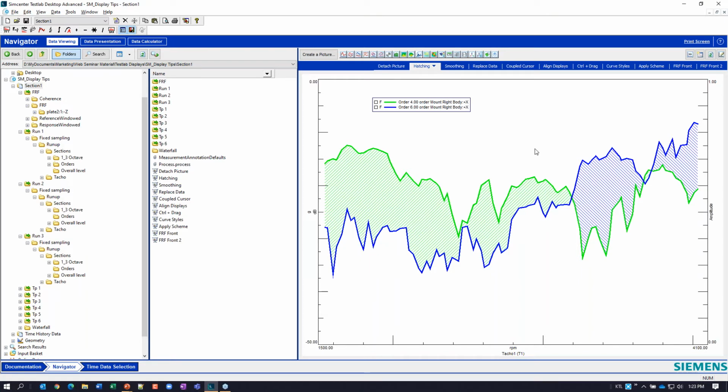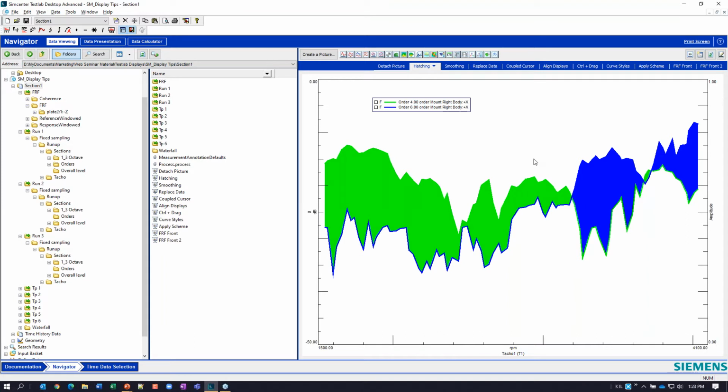And I can just real quickly add some hatching to the plot. So now anywhere where the green is higher amplitude than the blue, it gets cross-hatched in green, and vice versa, where blue is above green, I get this nice blue cross-hatching. I can view it as hatched, or I can make it solid, so it's even more obvious. This will always work for the first two traces in a plot. So if I had 4 traces in this plot, it would really only hatch between the first 2. So just keep that in mind. So that's a nice display thing.